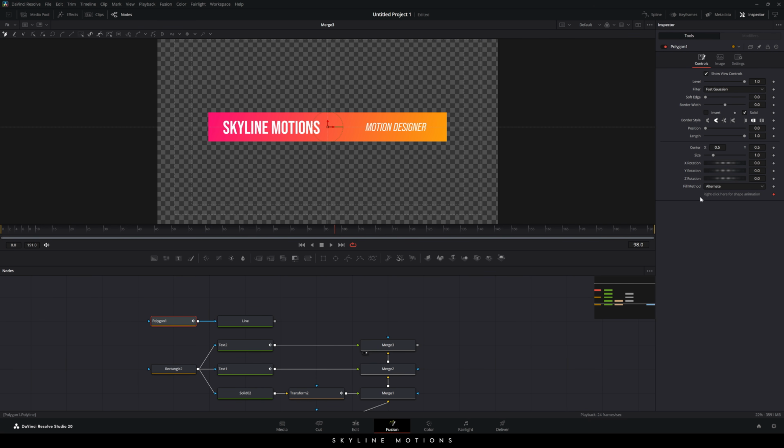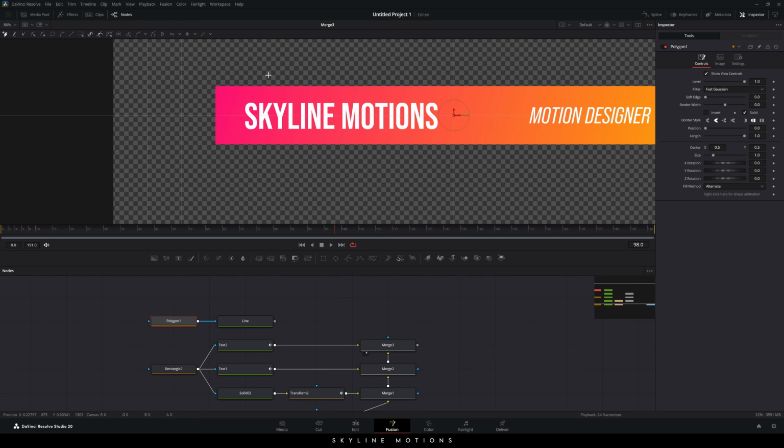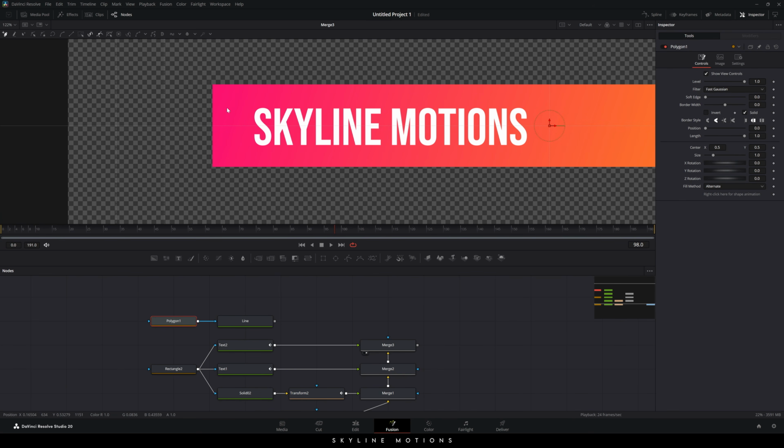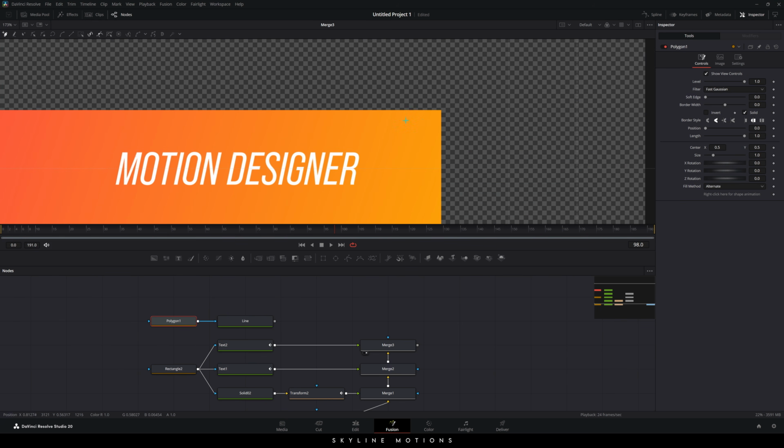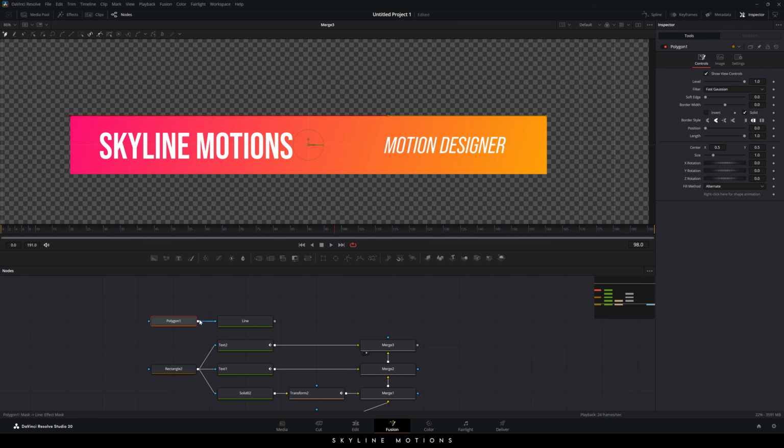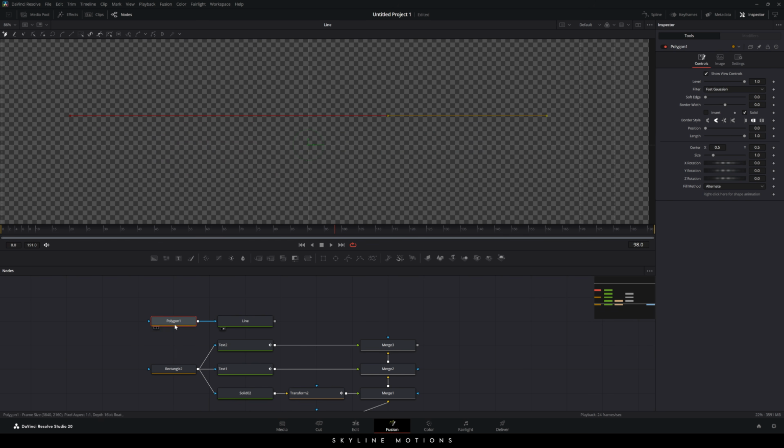polygon, and here we have the right click here for shape animation text. Just right click on that and click on remove polygon 1 polyline. We don't need it. And after that, we need to create a straight line. So what we have to do, just zoom in a little bit by holding Control and scroll up. This is the plus icon. Place the plus icon in this corner and click right here and go to this corner. Click one more time, and after that, drag and drop the line to the viewer,